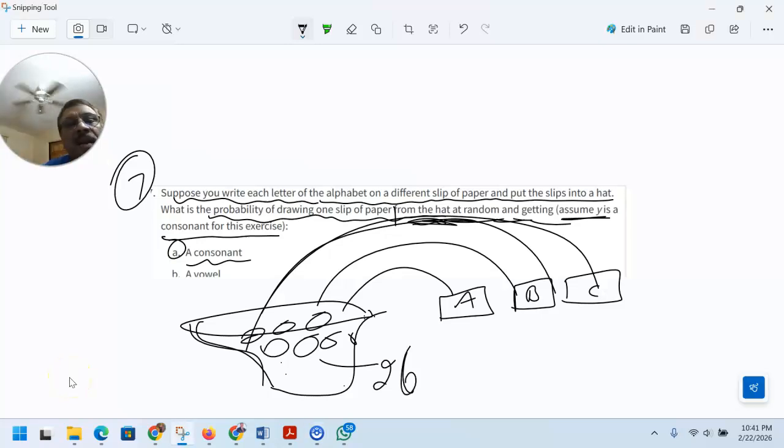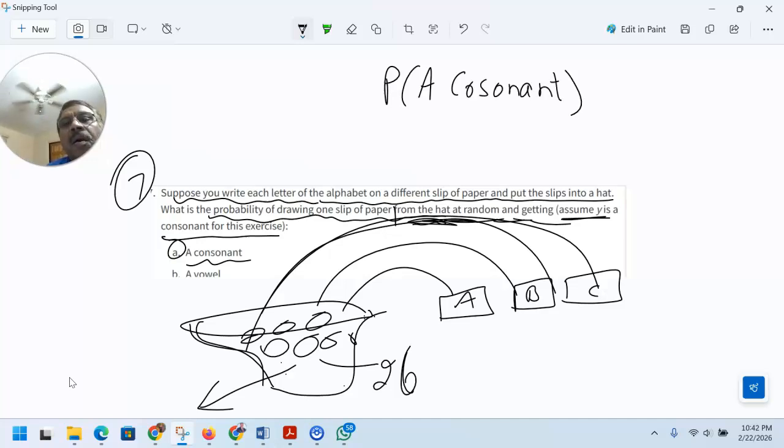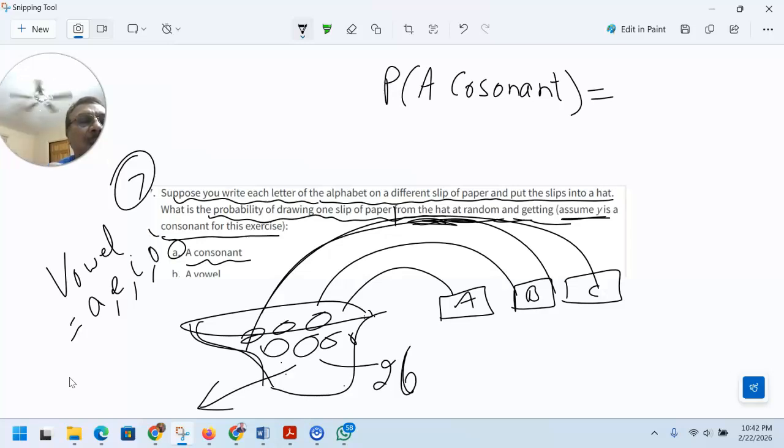There are 26 letters, right? The question is, what is the probability that when you pull out one slip, you end up getting a consonant? So first of all, which are the consonants? The non-vowel alphabets. The vowel alphabets are A, E, I, O, U. So there are 5 of them, right? From 26, you take away 5, you get 21